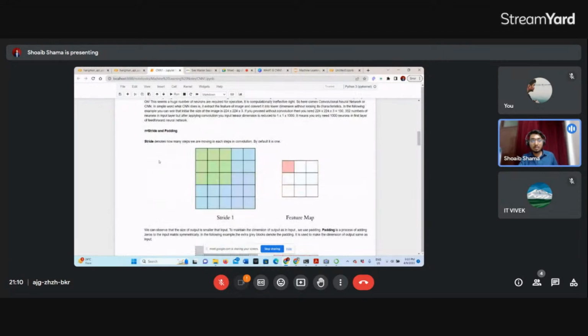And stride denotes how many steps we are moving in each convolution. By default it's 1. So stride को ऐसे भी हम बोल सकते हैं कि the shift from one receptor field to next is called stride. तो इसमें अच्छे से आपको दिखाई दे रहा होगा। और ये जो फीचर मैप है, ये इसके ऊपर स्लाइड कर रहा है। तो दिस इज कॉल्ड कॉन्वोल्यूशन, क्योंकि कॉन्वोल्यूशन का मतलब